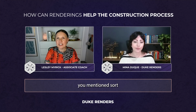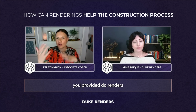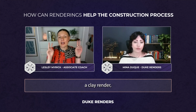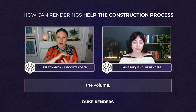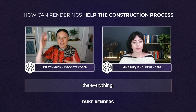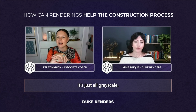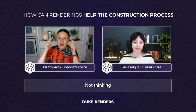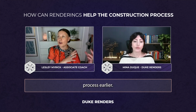Well, I like that you mentioned having two versions of the rendering, because what you provide at Duque Renders, which I've used in my own firm, is first what you call a clay render, which is basically grayscale. It's the room, the volume, the space, the furniture, the cabinets, everything, but nothing is colored. There's no finishes. It's all grayscale. And previously I'd just been like, yeah, looks good. Let's go on to the finishes, not thinking that I could be starting the clay render process earlier,